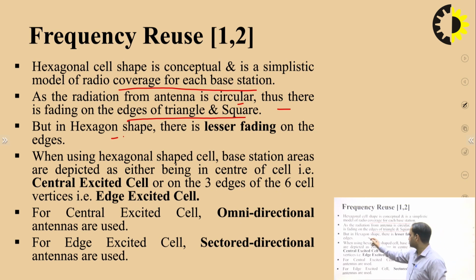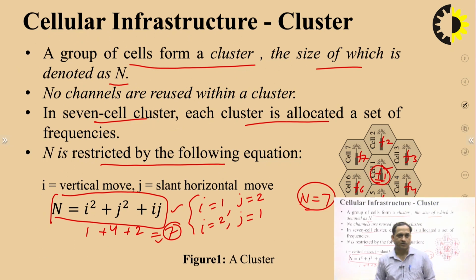In hexagonal shape, there is less fading on the edges, and when using the hexagonal shape cell, base stations are depicted as either being in the center of the cell, center excited cell, or on 3 edges of the 6 cell vertices, edge excited cells. So here we can see,